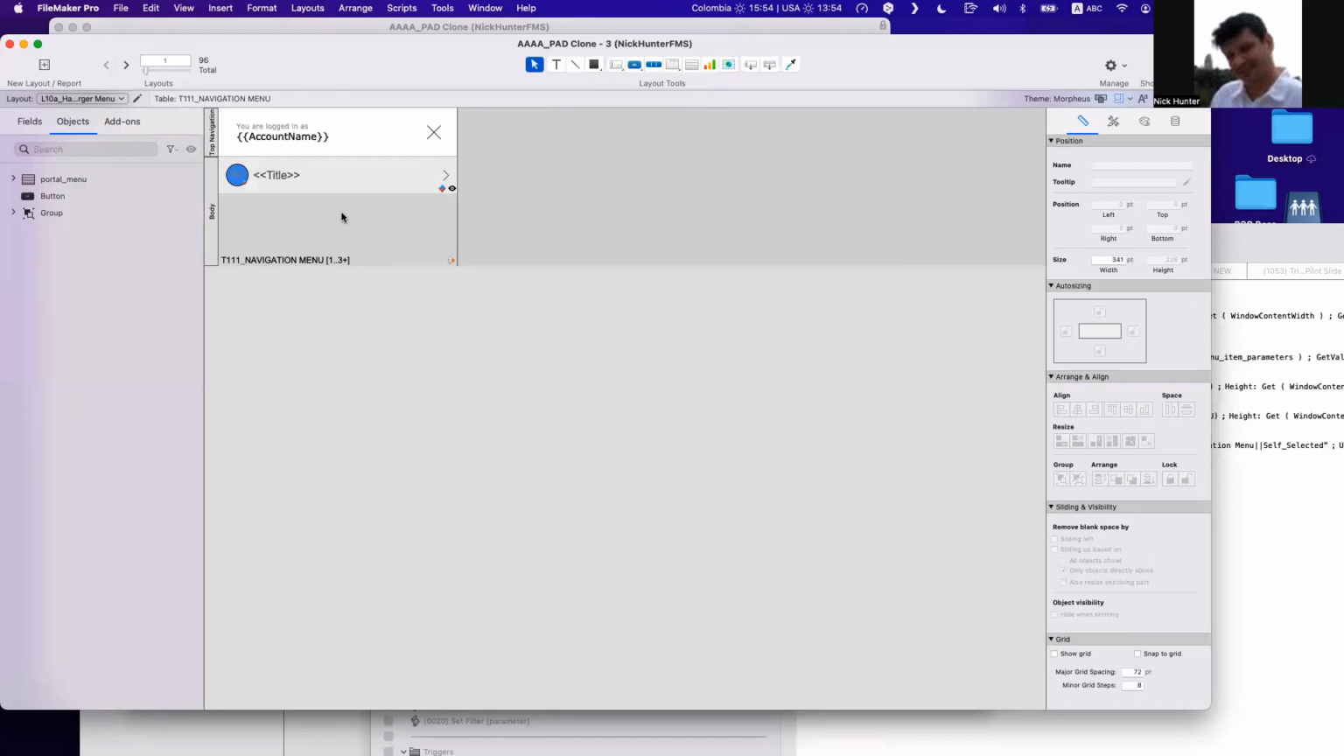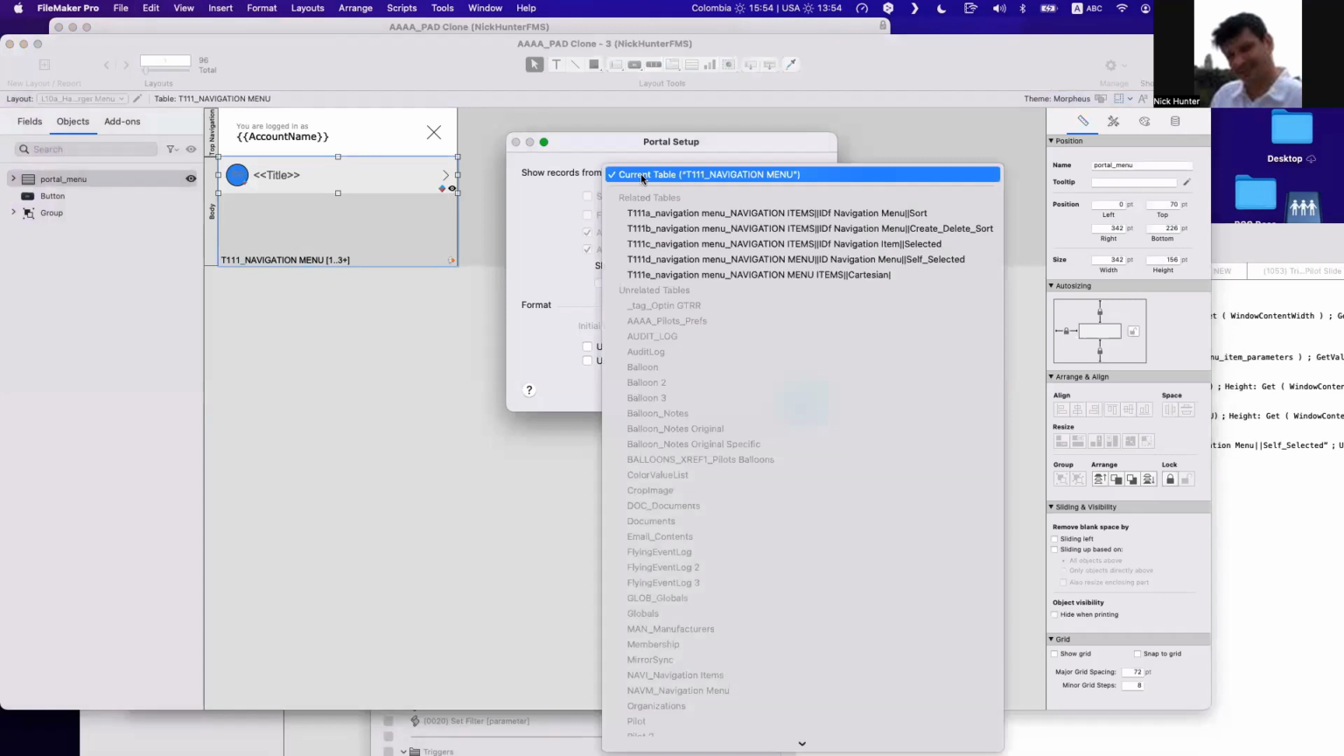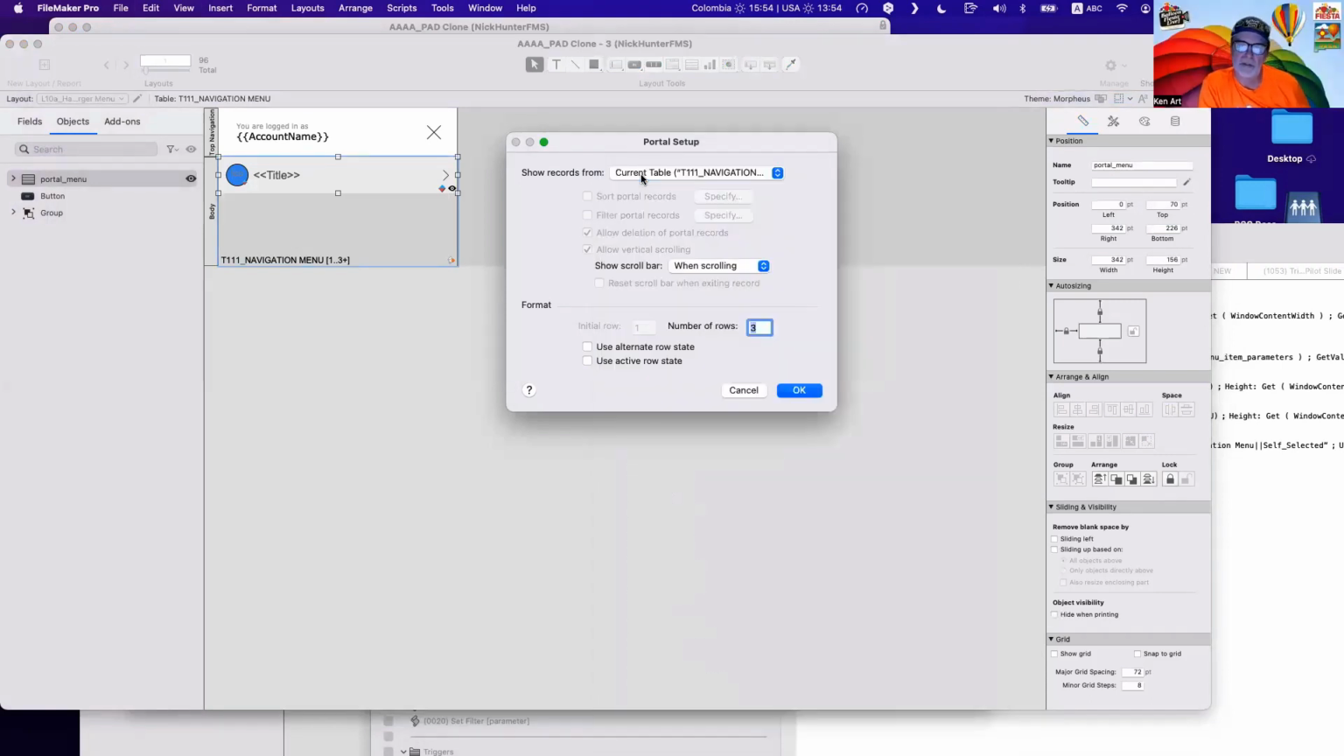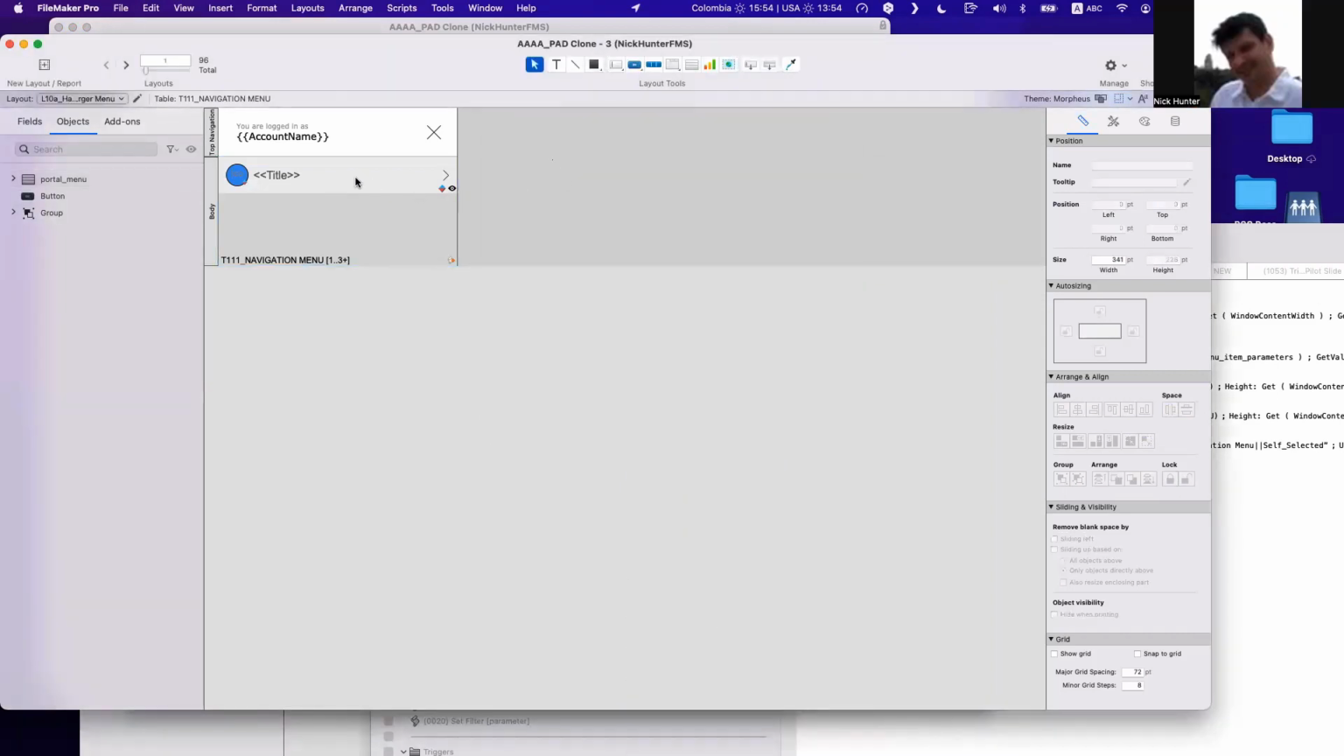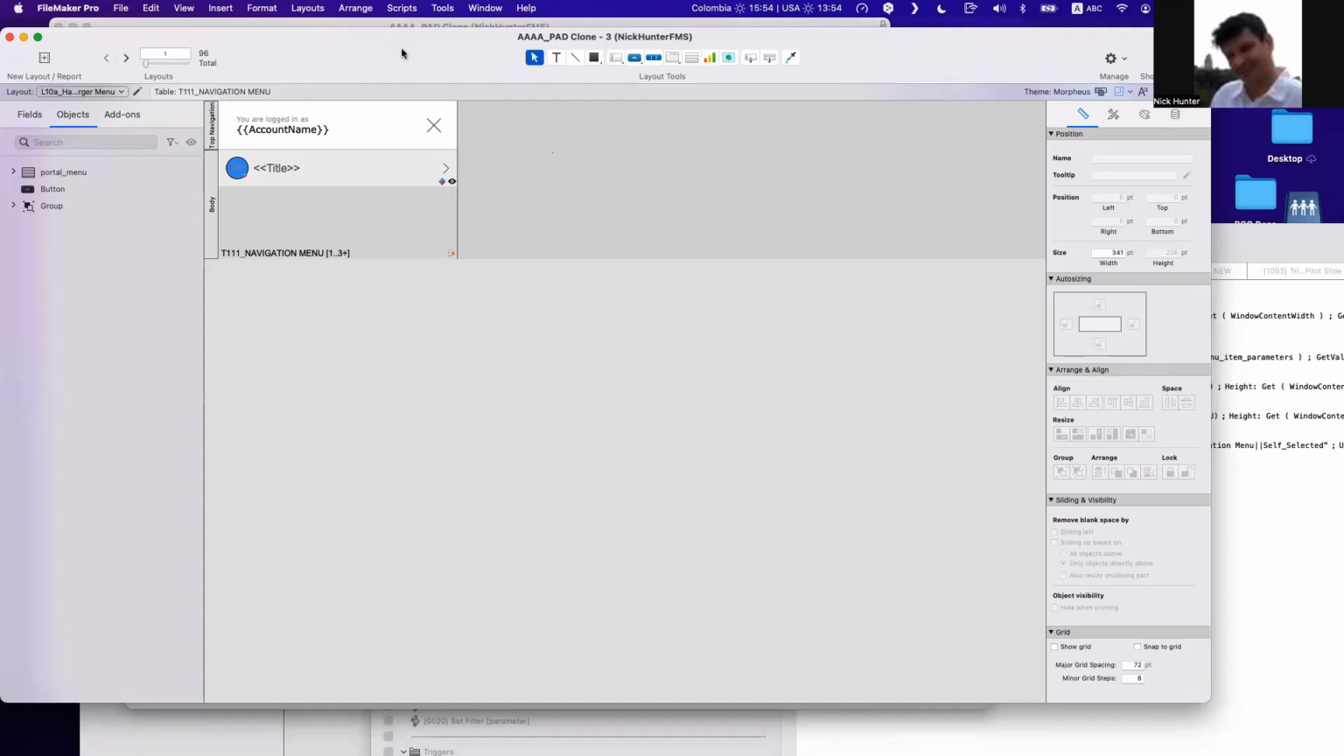It is a portal, a current table portal, which is like a list view. Exactly, master detail. That means it follows the sort, the perform find, the found sets, like a list view, but we don't have the impediment of the list view. Actually, we have all the advantage. Why I do this is because